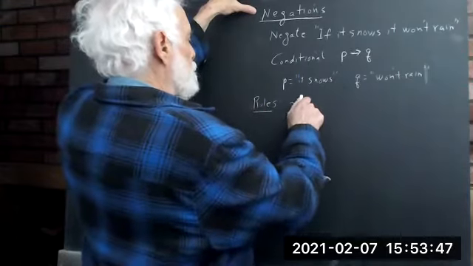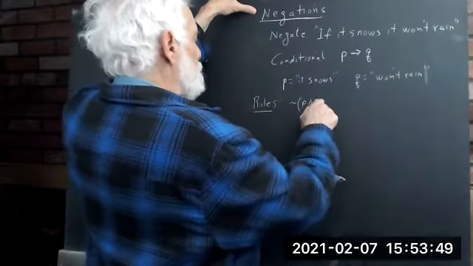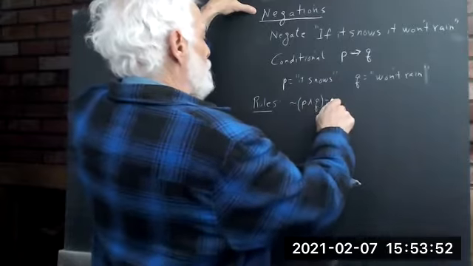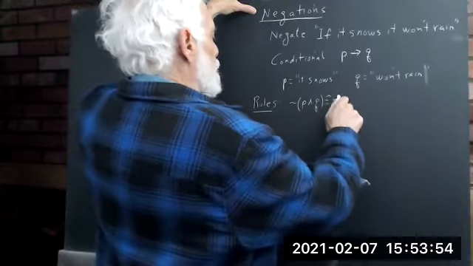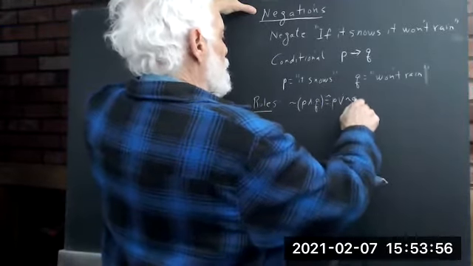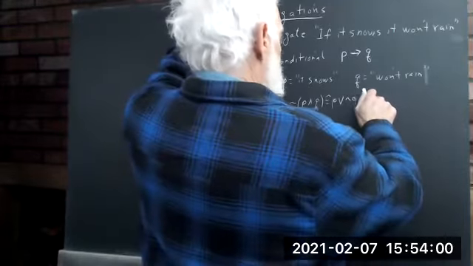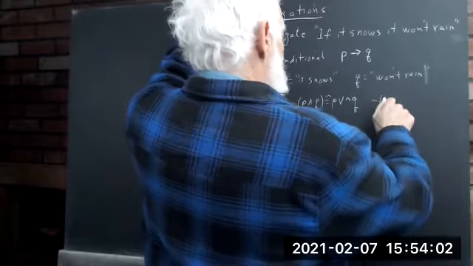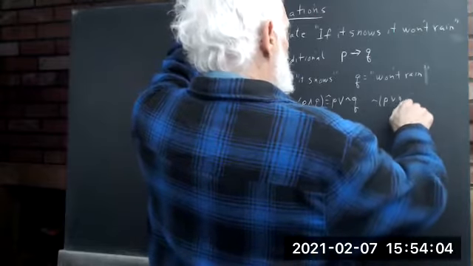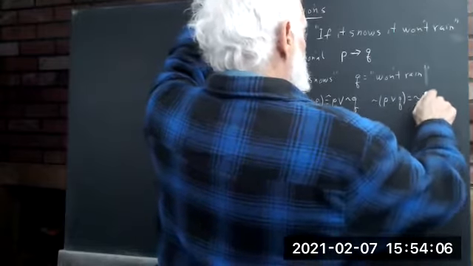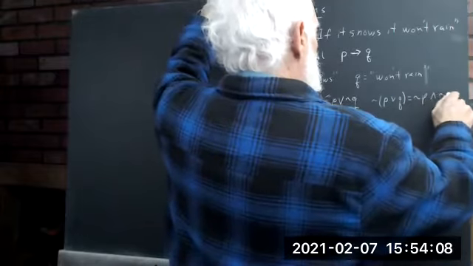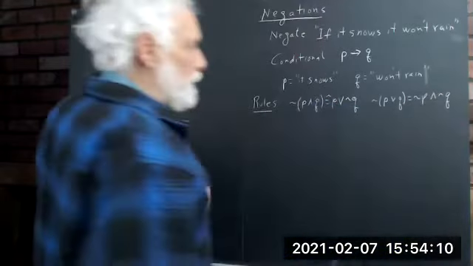The rules are that the negation of P and Q is not P or not Q, and the negation of P or Q is not P and not Q. Now,